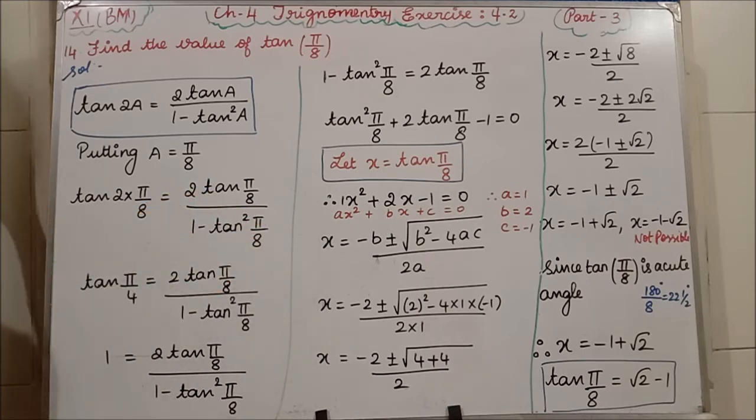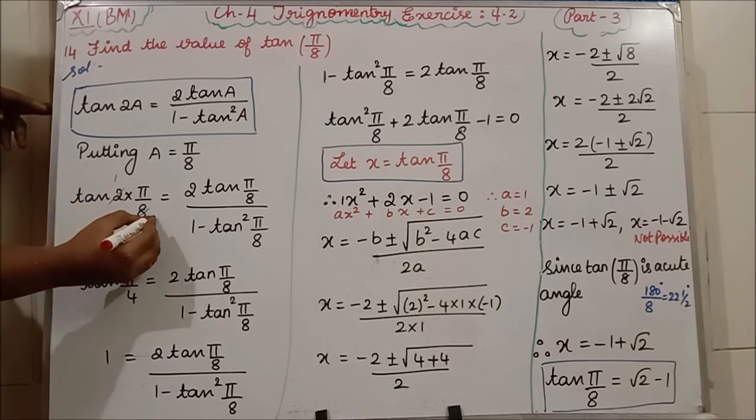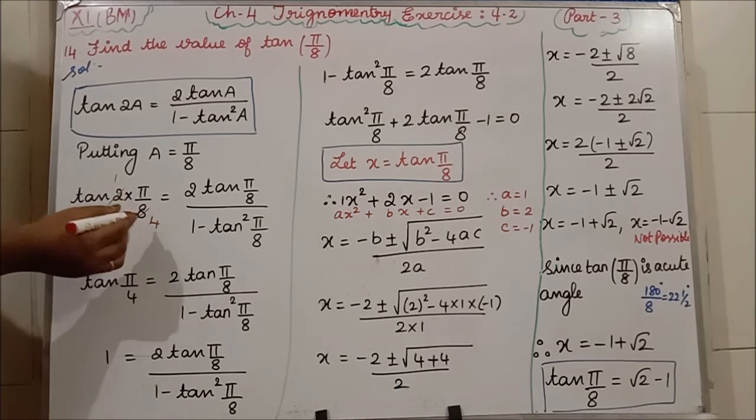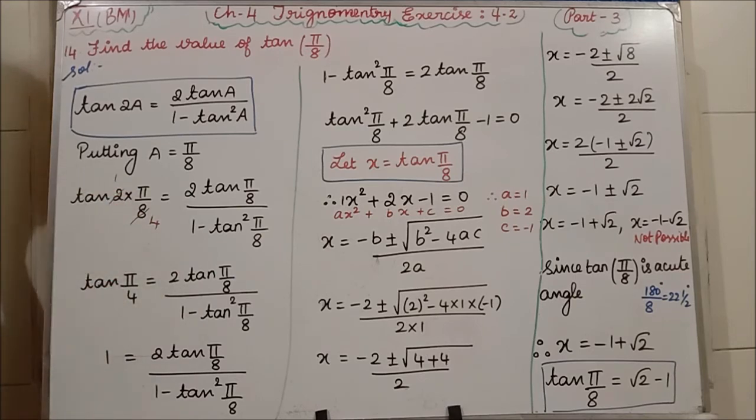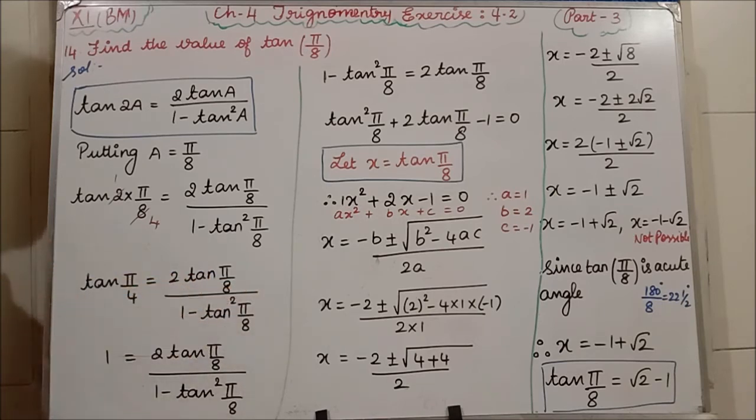Clear? So see, tan 2 into, in the place of a, I am going to put pi by 8, is equal to 2 into tan pi by 8 divided by 1 minus tan square pi by 8. Clear? The next step, if you see here 2 and 8 if you cancel, here 1, here how many times? 4 times, isn't it? 4 2s are 8. So we are getting tan pi by 4 is equal to 2 tan pi by 8 divided by 1 minus tan square pi by 8. Clear? Tan pi by 4, what is the value? Pi, we all know, is 180 degree. So 180 degree if you divide by 4 we will get 45 degree. Tan 45 degree value is what? 1 is equal to 2 tan pi by 8 divided by 1 minus tan square pi by 8.